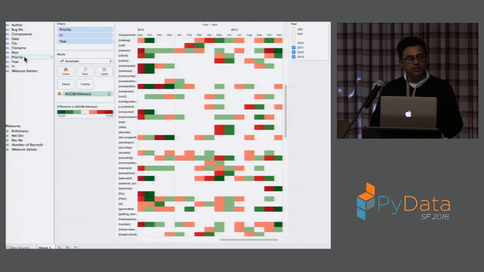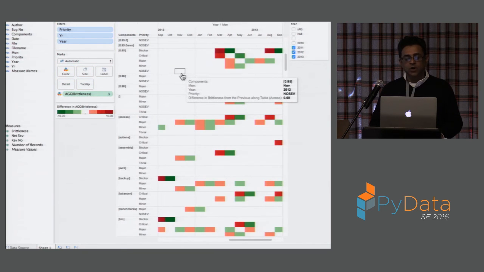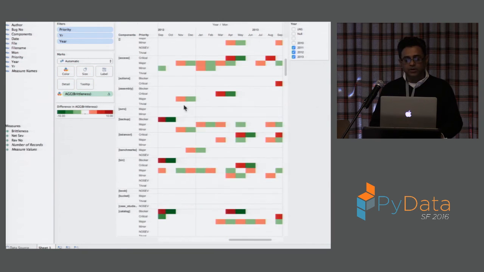Now, if you want to, the next thing we can do is go to priority. So what you can now look at is, in any particular thing, what were the critical bugs and how much of this is associated with that, and how fast are we fixing critical bugs? You want intense reds to be followed by intense greens, and you don't want intense reds hanging around for too long, most certainly not. And then what you can also do is, and this is the part where things get a little